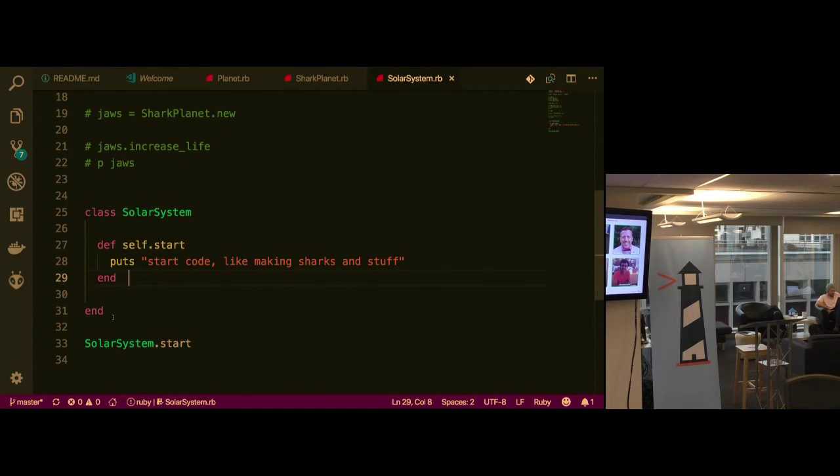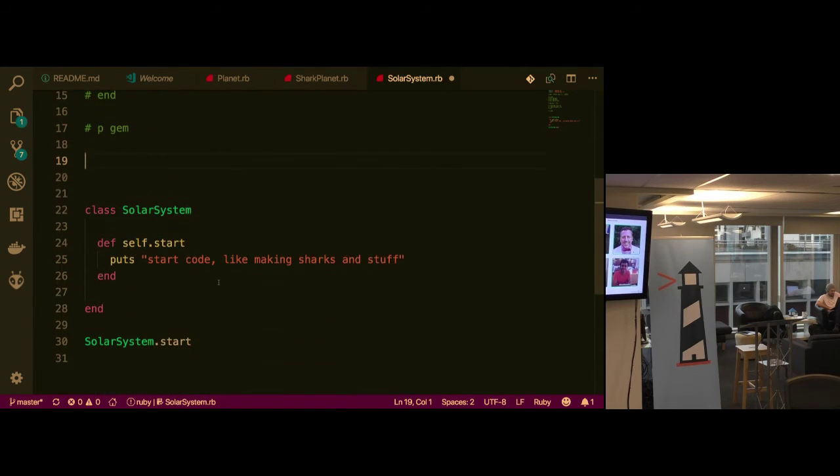I'm not going to create many solar systems and tell them all to start. It's just one class method. It's basically a method that exists on this namespace. Okay? And then I could, like, you know, create my jaws and stuff in there. Boom. All right. Yeah.